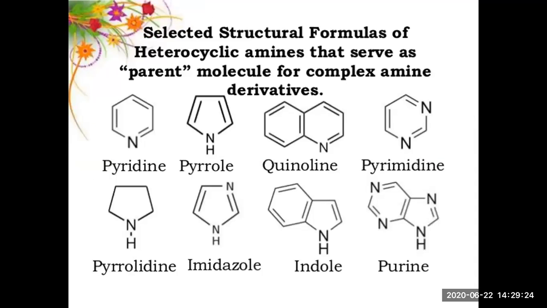Next is selected structure formulas. Structures of heterocyclic amines that serve as parent molecules for complex amine derivatives: pyridine, pyrrole, quinoline, pyrimidine, and these are different ring structures, with nitrogen and chlorine. So next one is